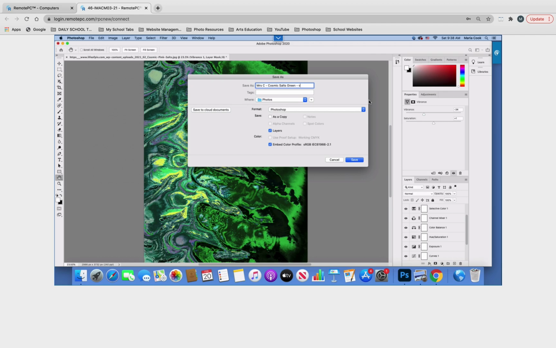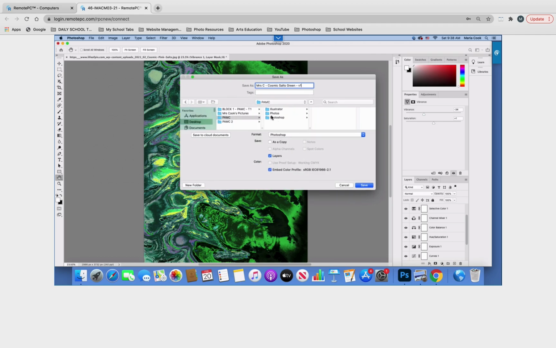And since I sometimes do more than one, I'm going to call it version 1. Okay, now it is currently set at Photoshop, and it's currently looking like it's going to be saved in my photos folder. Well, I don't think I want it in my photos folder. I think I want it in my, let's click the arrow here. I want it saved in Photoshop, okay, because it is a Photoshop assignment. So I'm saving it in Photoshop, and